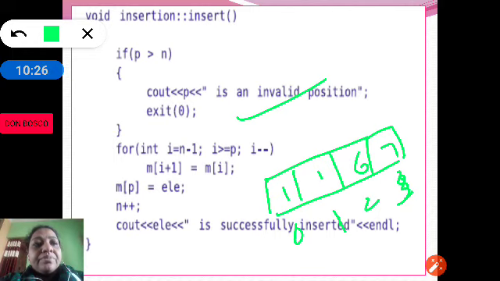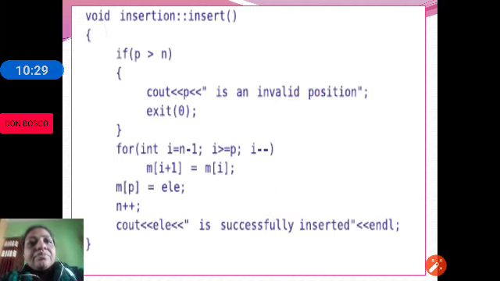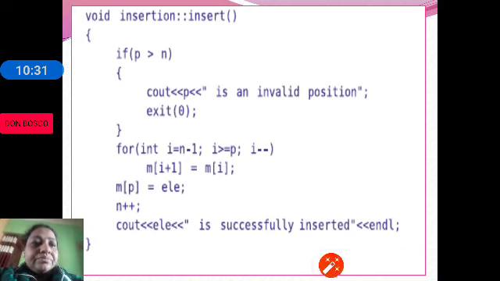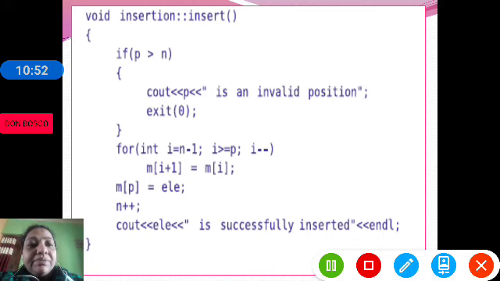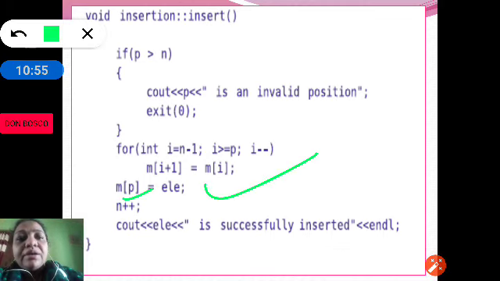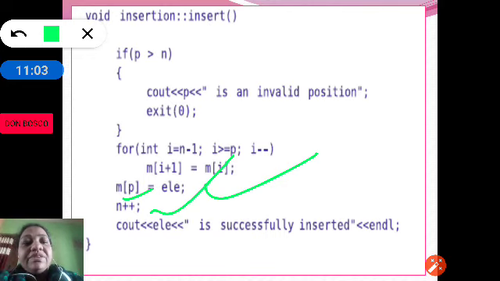Here I is equal to n minus 1, where n is the total number of elements, so minus 1 is the last position. From the last position we are shifting the elements, and after shifting, the space is made available, and then the element is inserted at the position P. After inserting one element it is n plus plus, so the count is incremented by 1, and then we display a message saying successfully inserted.